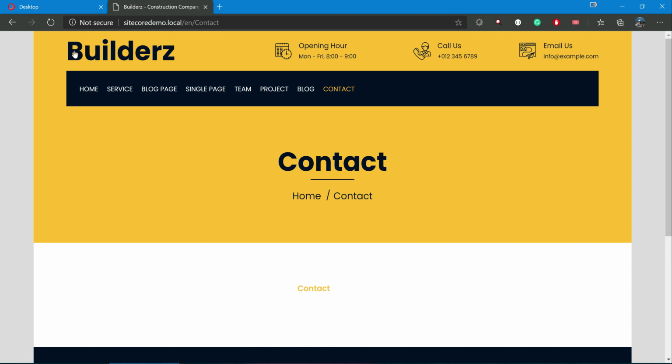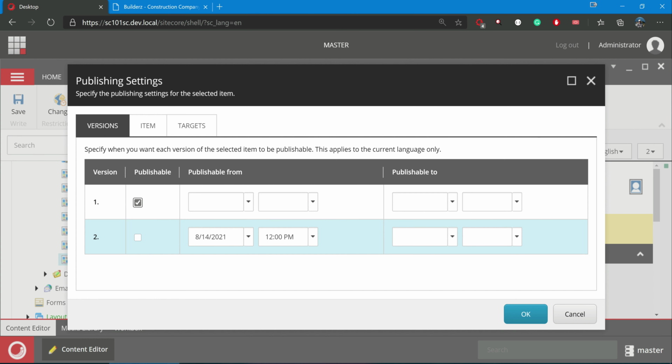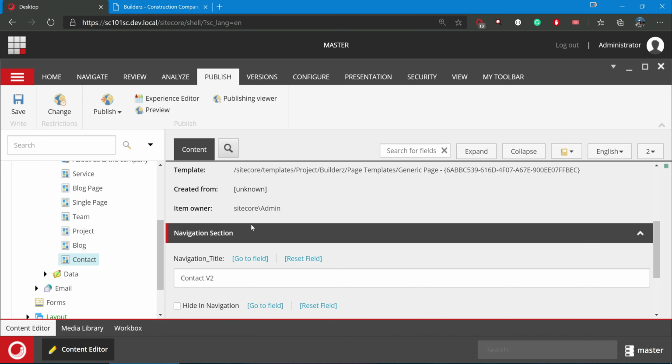Even though it is just two simple fields, imagine there is a large set of content. You don't want to override anything. You want to keep two versions of the content. Then as and when required, you can switch the content. And if you go here, what I did is mark this as publishable or not publishable. So if I mark this yes and save again, now this will go up here.